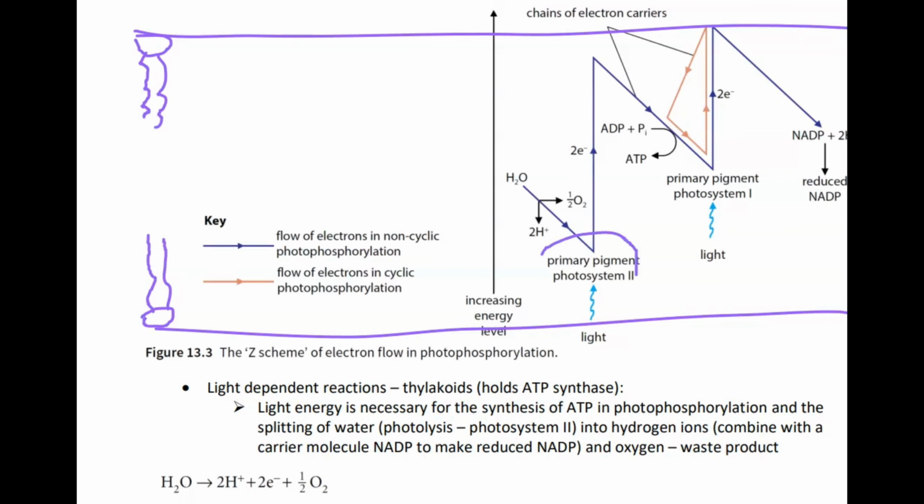I have told you earlier about the photosystem. There are two photosystems, photosystem 2 here and photosystem 1 here. Within the thylakoid membrane, these are the two photosystems, and each photosystem is a light harvesting system which consists of primary and accessory pigments, as I have told you earlier. So first, light is trapped here, and this light, which is trapped by the accessory pigments, is focused into the reaction center, I mean the primary pigments,